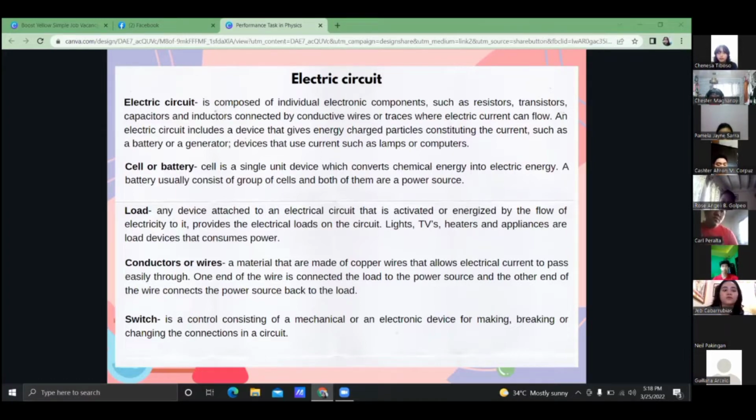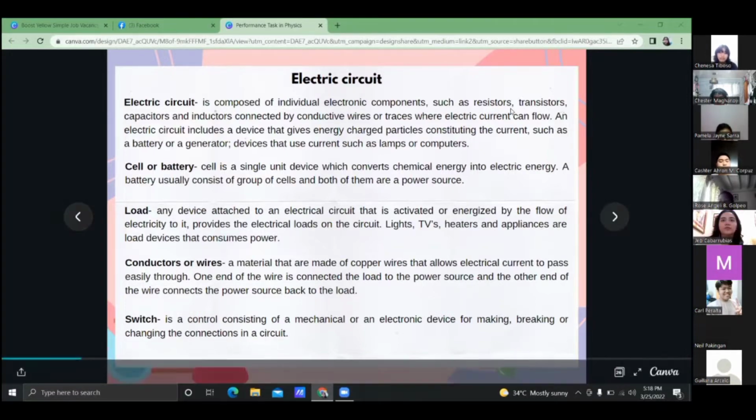And then the capacitor, it is a device used to store an electric charge consisting of one or more pairs of conductors separated by an insulator. And lastly, the inductor is a component in an electric or electronic circuit which possesses an inductance. So the stored charges from all these components will supply the needed energy to cause motion or kinetic activities.